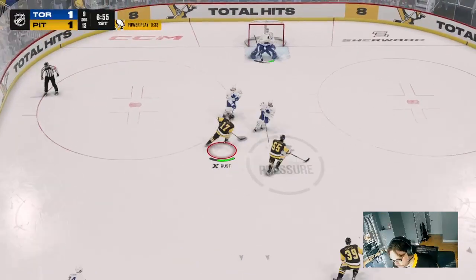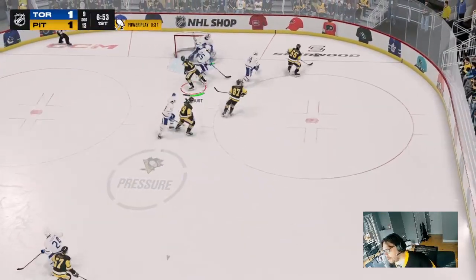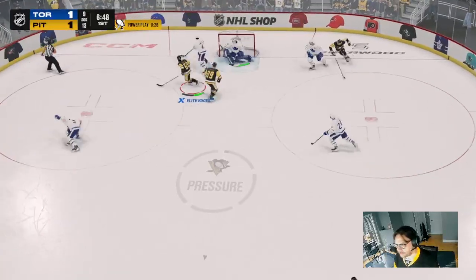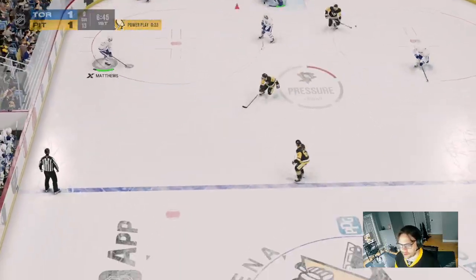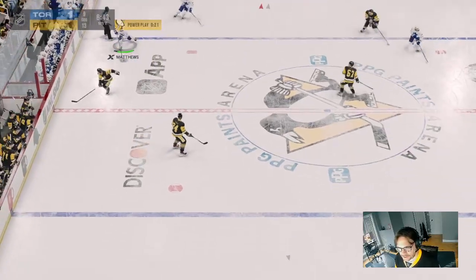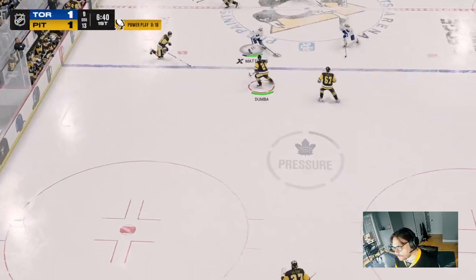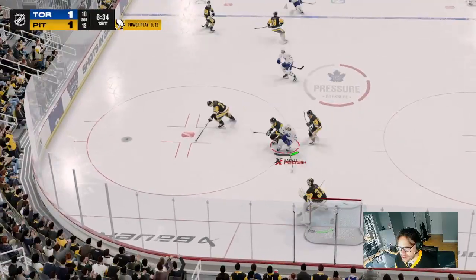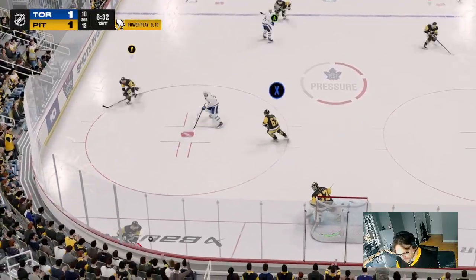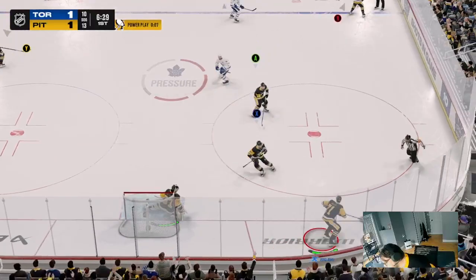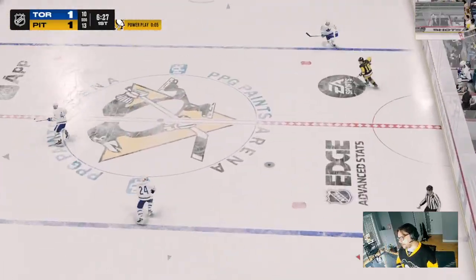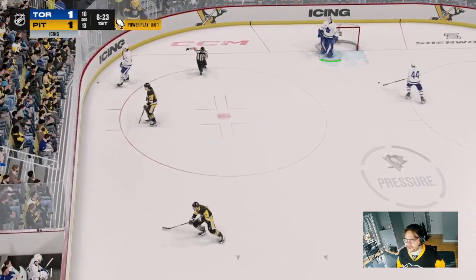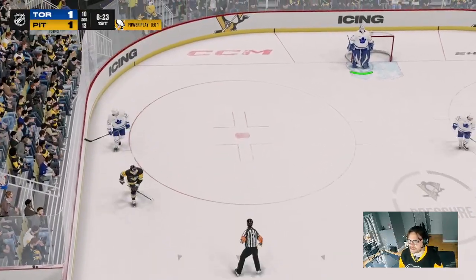Catches Rust in stride. Rust tried to get a shot away and lost the puck. And Karlsson lost the puck. Now Carlo has it. Gets it to Matthews. Matthews looking to break shorthanded. Got a shot off. Saved by Stolarz. And Malkin passes it up the middle to nobody in particular, and that's an icing on the power play with a second left.